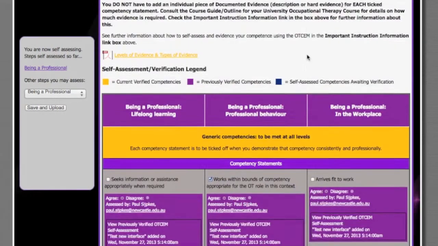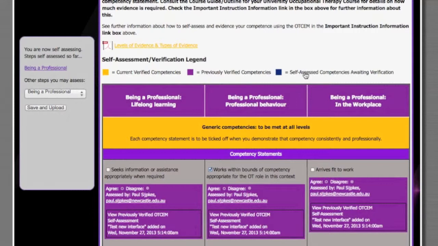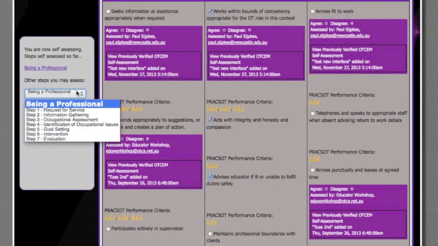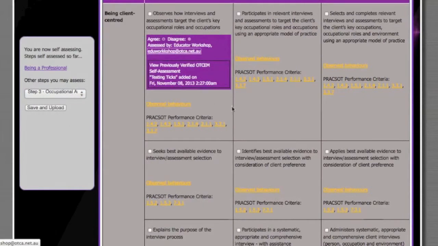Now the blue indicates the self-assessments that you've put in yourself, but that have not yet been verified by your practice educator. So if I tick these and then I submit them, then they'll come up as blue, and I'll show you that in a minute. I'll just go in,